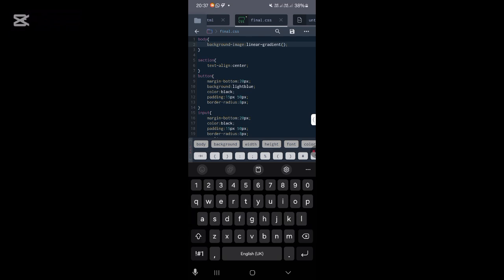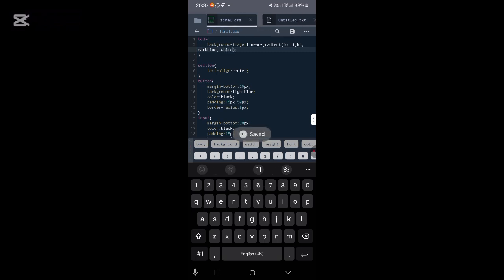So linear gradients can go in different directions: upwards to up, downwards to down, towards the left to left, or towards the right. In my scenario, I want to right. Because I want to right, I just need to specify two colors. Practically I can just say dark blue, if CSS actually has any color like that, and I can just say white. So if I run this,